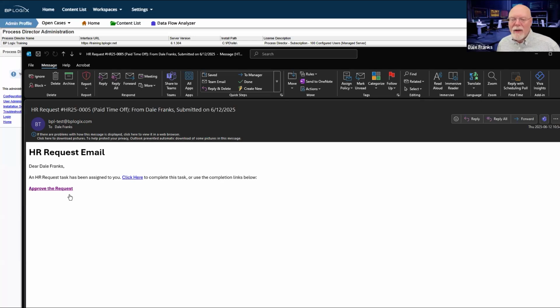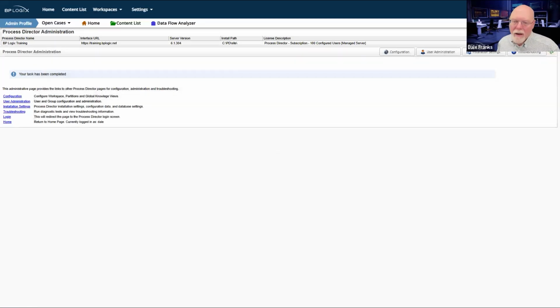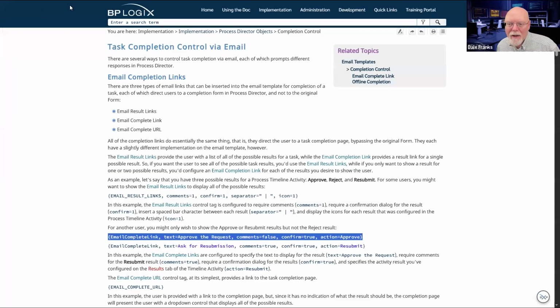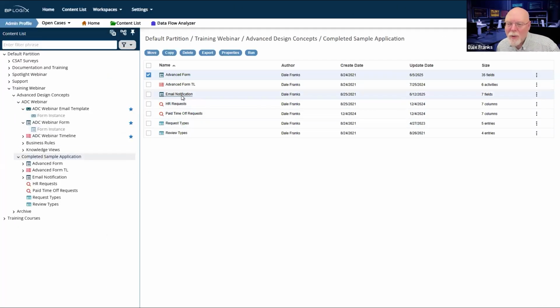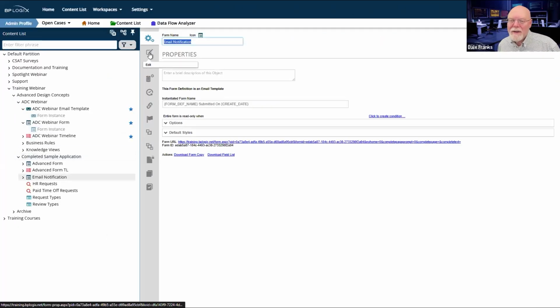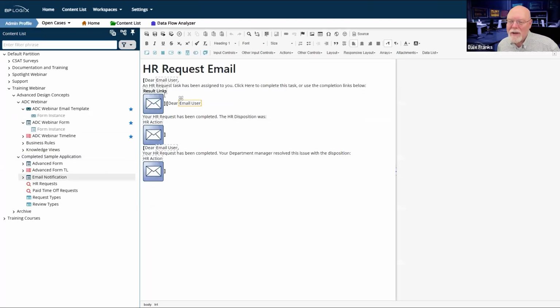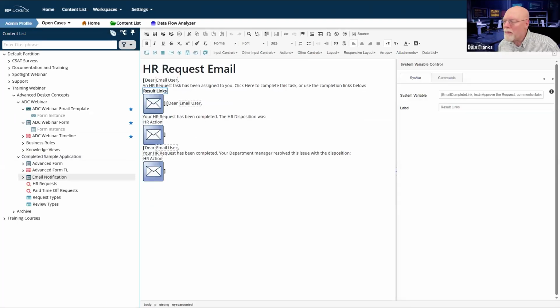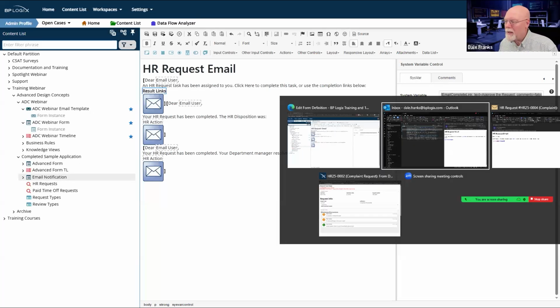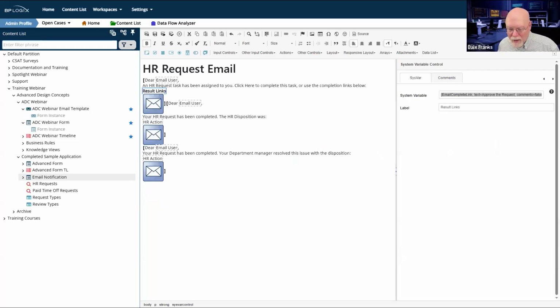Now, in this particular link that I showed, we need to look at the actual system variable that generates this. So for this system variable here, let's copy it and throw it into Visual Studio Code, which apparently I closed. So let me reopen it real quick. Let's paste this in here so that we can read it. We can see what this thing is doing.